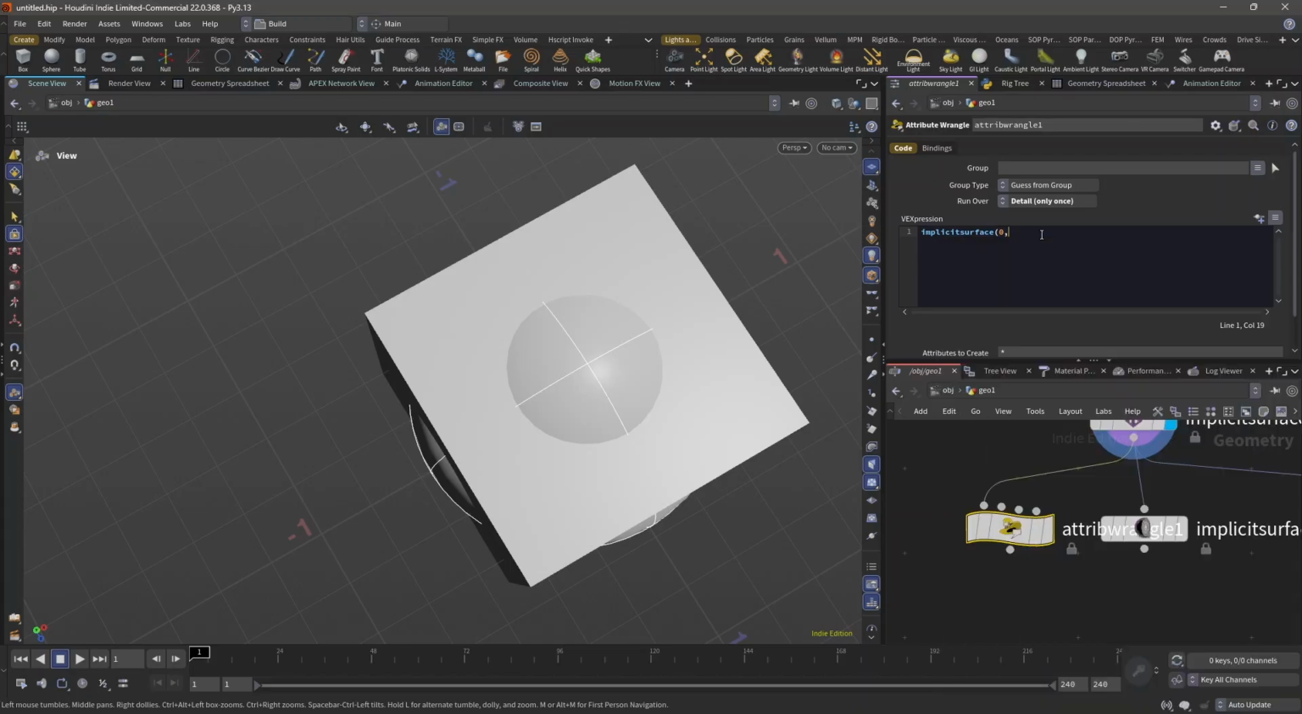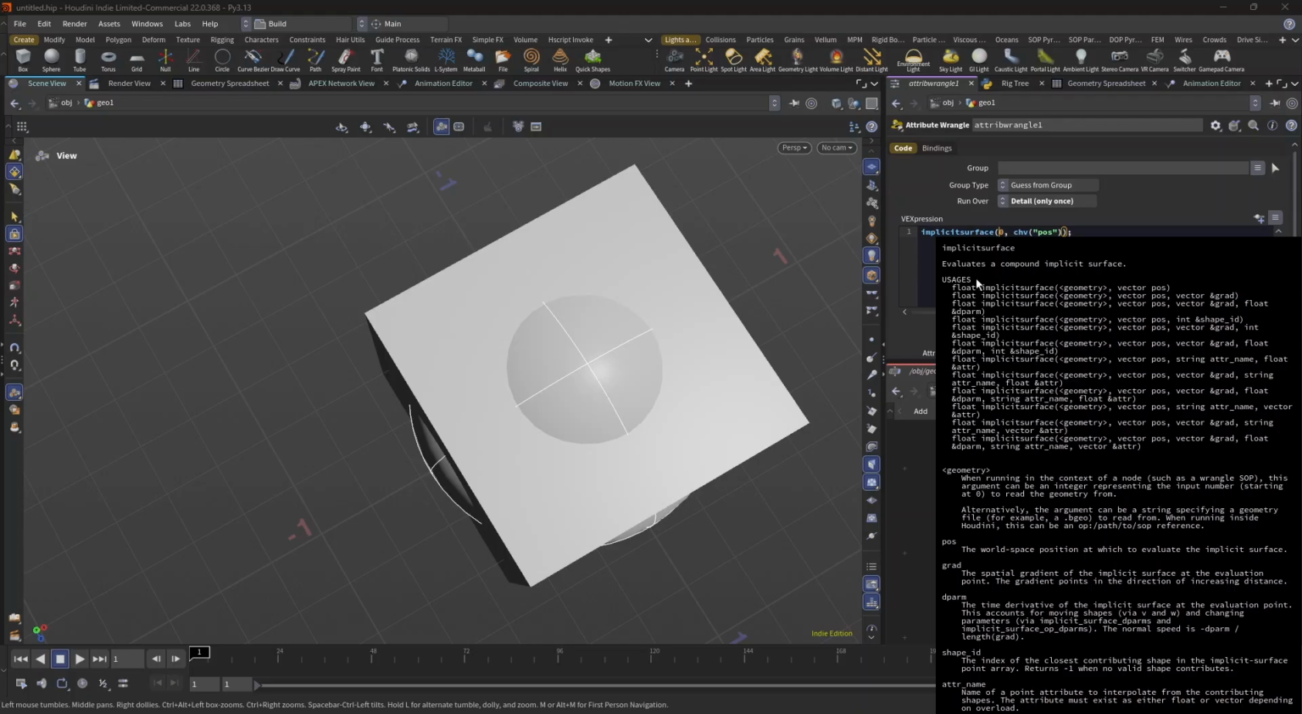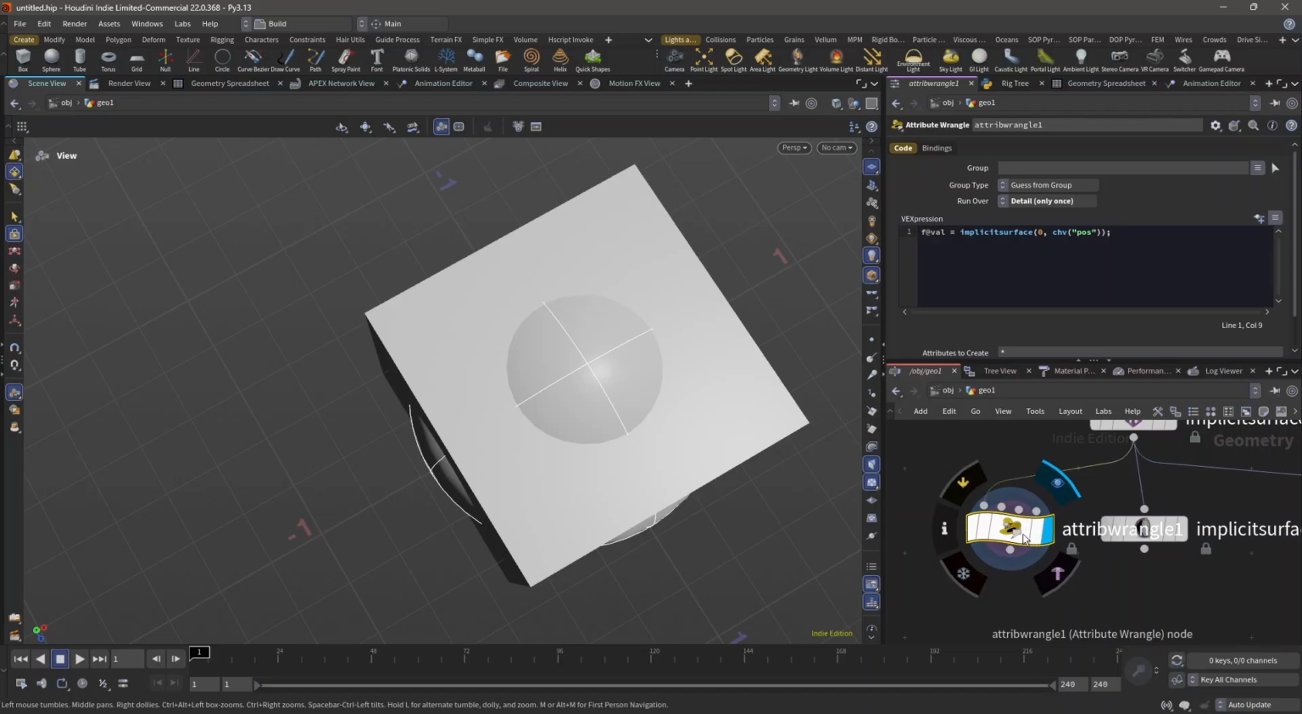But right now we are only interested in the sample value, so we'll give it a position, a dynamic position using parameters, so chv, and we'll name it pos, and then we'll store it in a float attribute. So if we see the help for this, you will see that it returns a float value. So we can store that into an f@val, and then if we set the display flag and go to the geometry spreadsheet and detail,